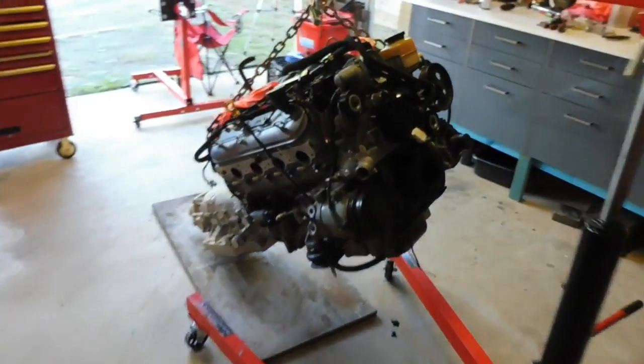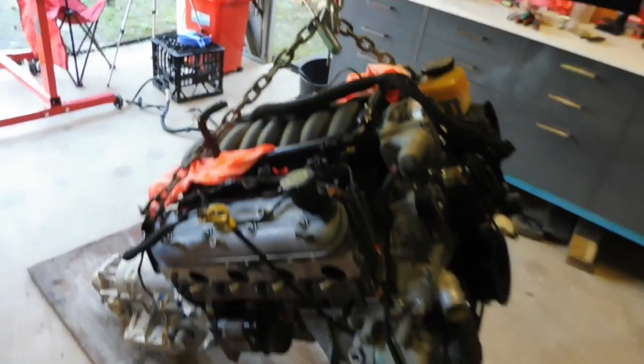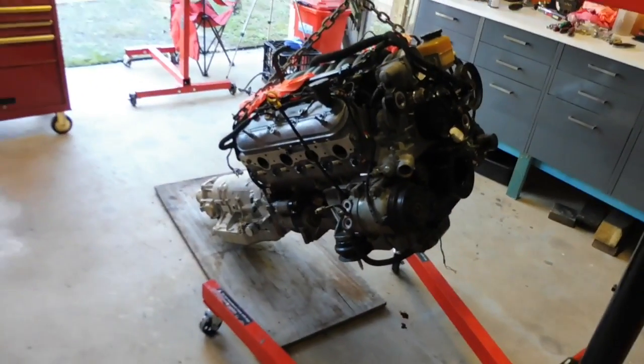So yeah, let me shimmy this over. Oh, that's the other thing too, when I chain it up, I always just slide a couple of screwdrivers through so that the chain doesn't want to walk through the hook. Just a little safer precaution. So yeah, she's up, she's ready. I'll bring it over and...